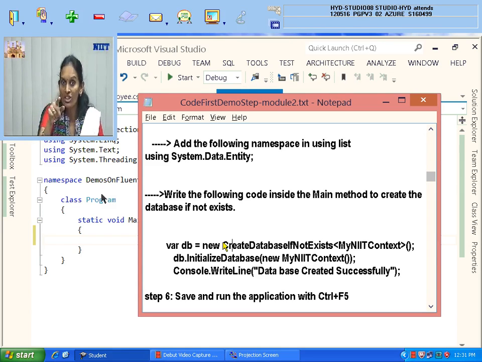But you want to check in the database what table names I got for these two tables, and what column names I got. Is it the same name as I mentioned in the model class, or whatever I specified in the OnModelCreating method? I am just creating, I am not writing any records, only seeing the column names and table names. Is it really happening or not? For that we are going to use this command, so we will just see now.